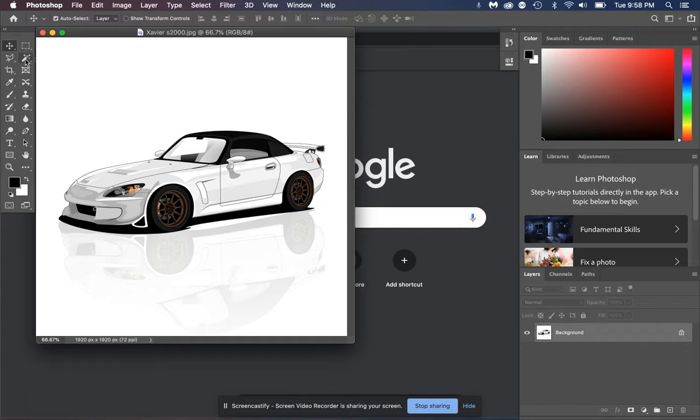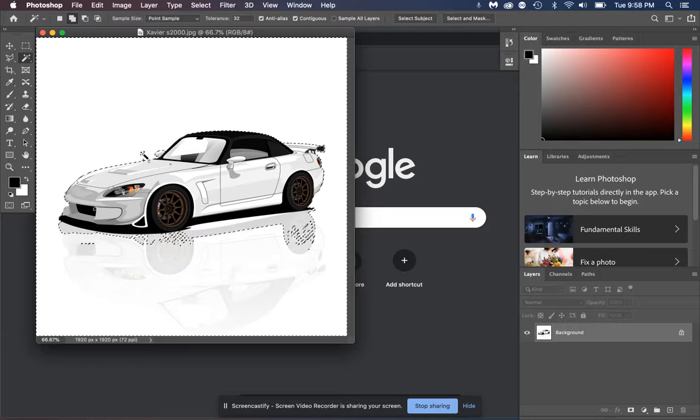And all I did was grab the magic wand tool here. It's probably located inside where you see the object selection tools and all these other tools. It's located right down here on the very bottom. It's called the magic wand tool. I have a tolerance setting of 32, and I want to make sure that the contiguous box is checked. So with the current resolution that this file is at, all I did was select the white background, and